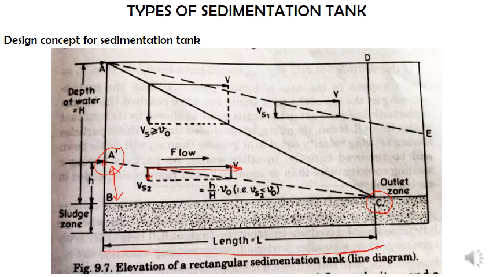In the design we need to make sure that we provide a length at least equal to the horizontal projection of this AC, so that the particle which has entered at A will end up at C. If we don't provide this length, obviously we are going to have lesser efficiency. So this is the entire design concept for the sedimentation tank. Again, as I told you, once you come back to the regular classrooms, we are going to study the actual problem.